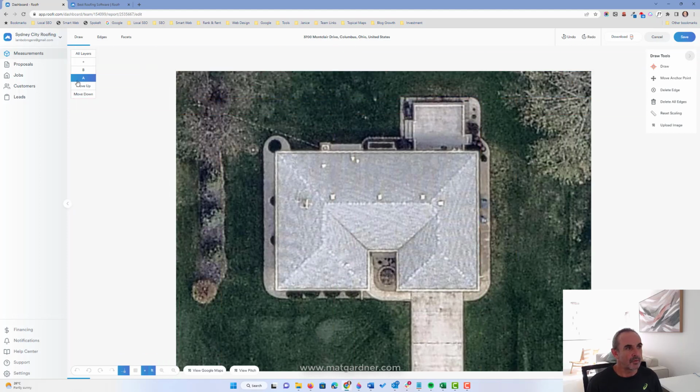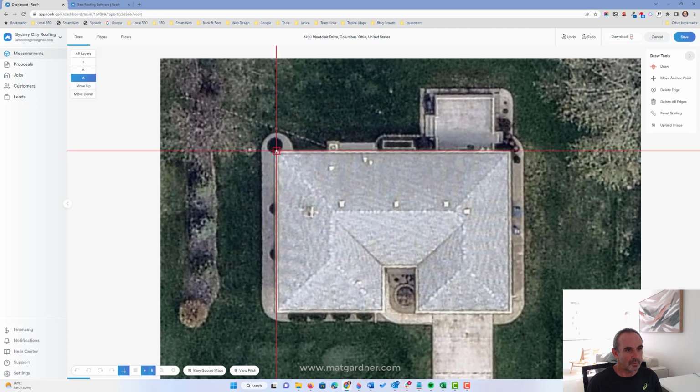Now you can see up here you've got three steps. You draw, you do the edges, and then you do the facets. So at the moment I'm just doing the drawing of the edges or lines. So I'll go here. You can probably get it a little bit closer. And I don't want to spend ages doing this. I just really want to take you through and show you the basics of it. But what you will see is that it is pretty quick